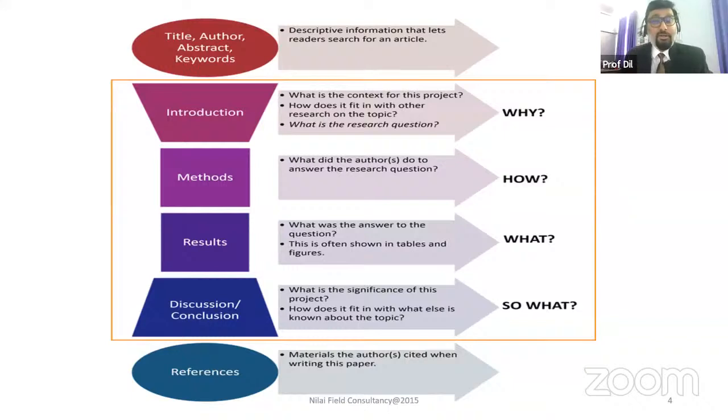It's not just the references. Start from the title. How many words can I use in a title? How many words in an abstract? How many words in the keywords? What should the introduction be, the way of writing an introduction? How can I represent my issue to the readers? And what methods and methodologies am I following? I want to tell that this is the best method any researcher can use